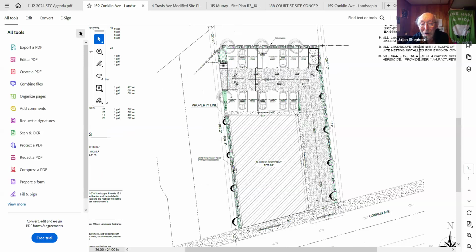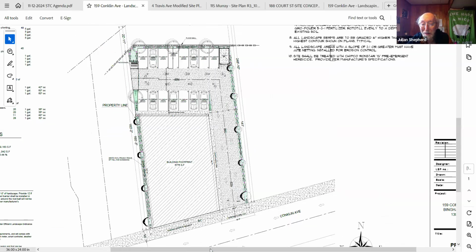And I guess I'd go with a compromise. I kind of wish they would plant some big trees along the eastern side there, along the entrance driveway. We could make a suggestion like that, definitely.